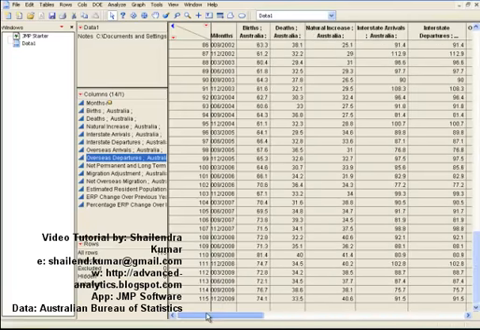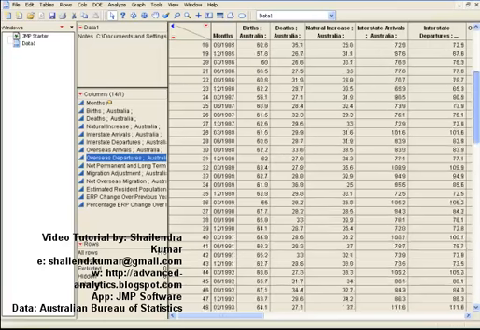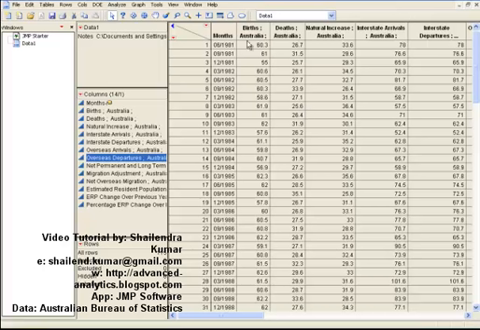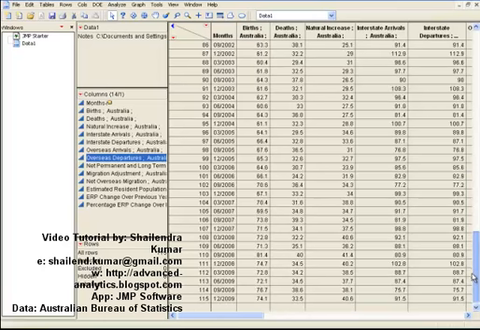So let's quickly go through the data and do some simple visualization. Before I start, I must say that all the data is in thousands. So you will see 60,000 births in the June quarter 1981,